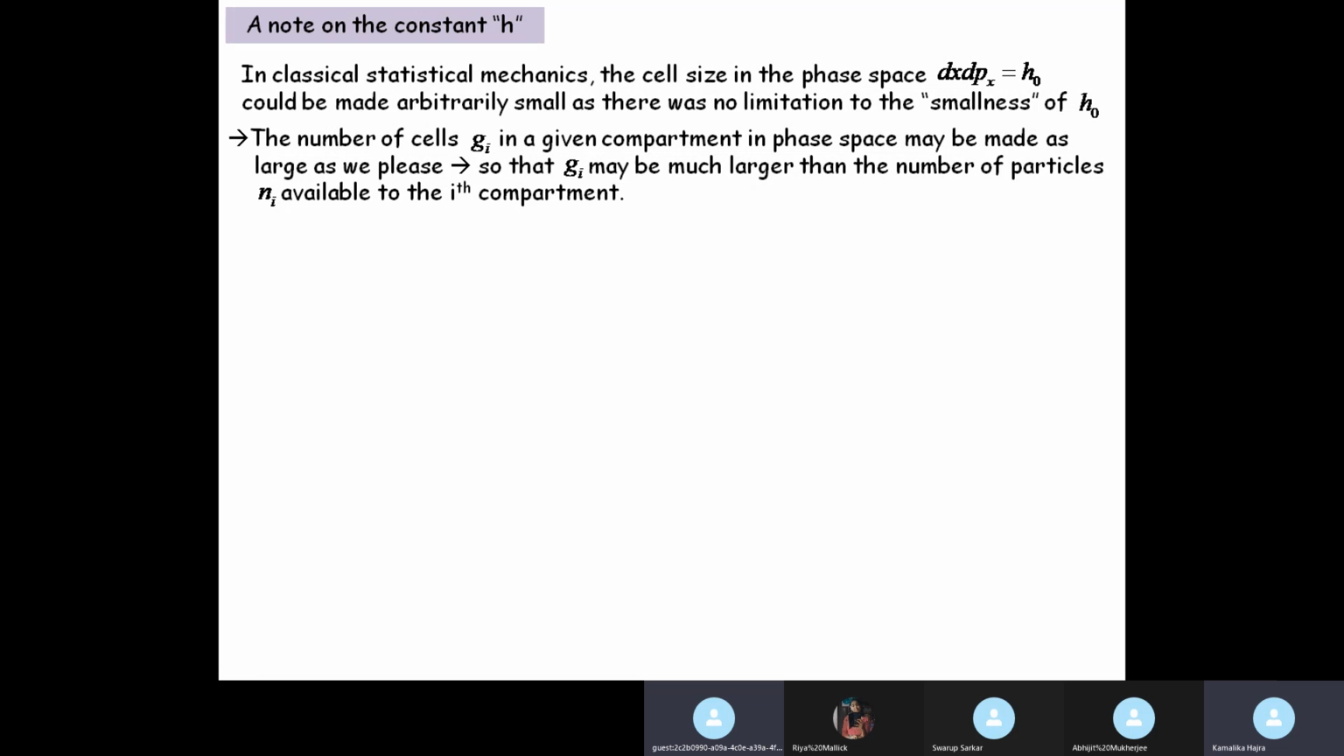You have a lot of choice. The 5 people who want to occupy the 50 available chairs have a lot of choice. The first person has 50 choices in front of him. He can take any one of the 50 available chairs. The second person has 50 minus 1 available chairs. The third person has 50 minus 2 available chairs. Okay. So 5 people and 50 chairs means that gi, the number of cells, is much larger than the number